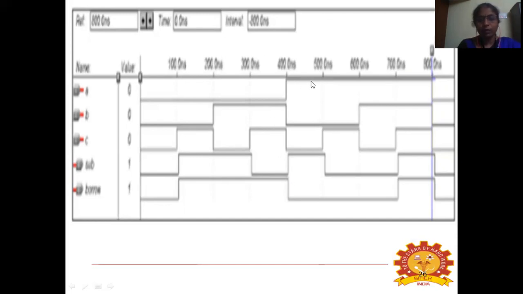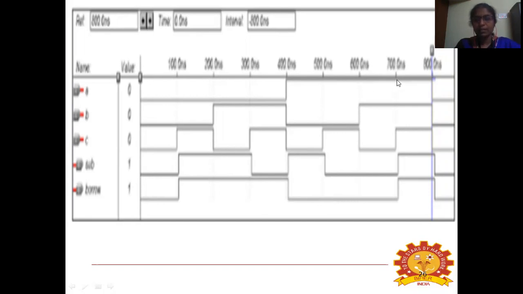It is from 400 to 500 nanosecond, it is 1 minus 0 minus 0. So sub will be 1 and borrow will be 0. 500 to 600 nanosecond, it is 1 minus 0 minus 1. So it will be 0 and 0.